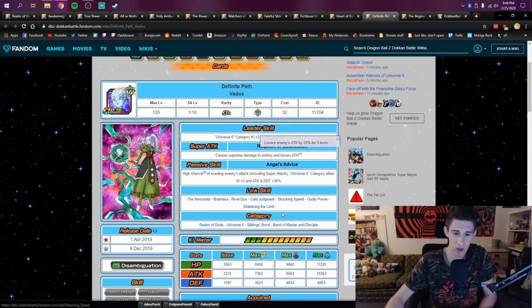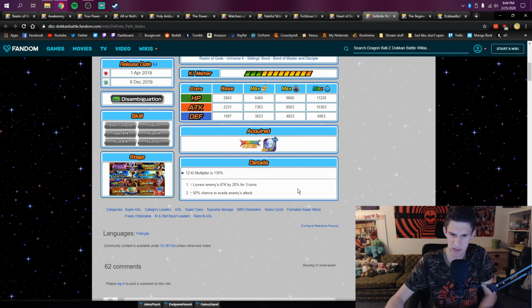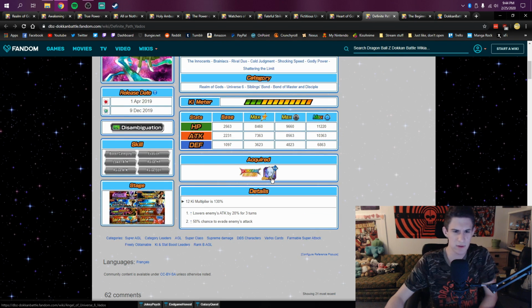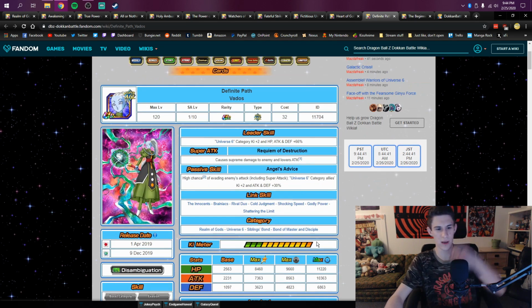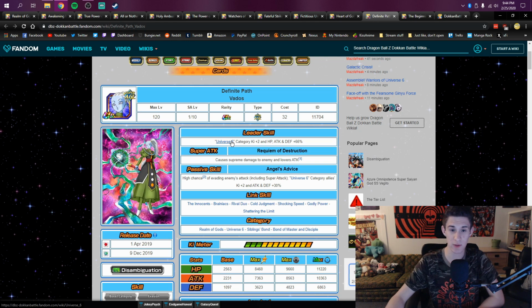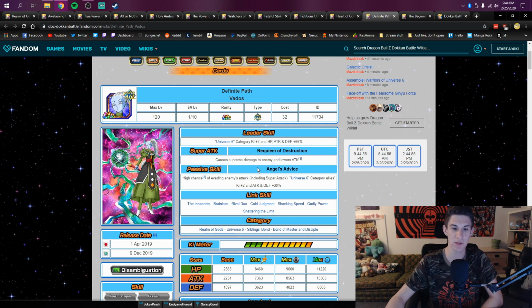She is a TUR. She awakens from a Universe 6 mission, I believe the one that you could grind a bunch of different cards on for SA and stuff back a while ago. But she's pretty solid, actually. She is also a Universe 6 free-to-play lead. She causes supreme damage to enemy and lowers enemy attack by 20% for 3 turns. Pretty solid super skill. Her passive, high chance, 50% chance to evade enemies' attack, including super attacks, and then she